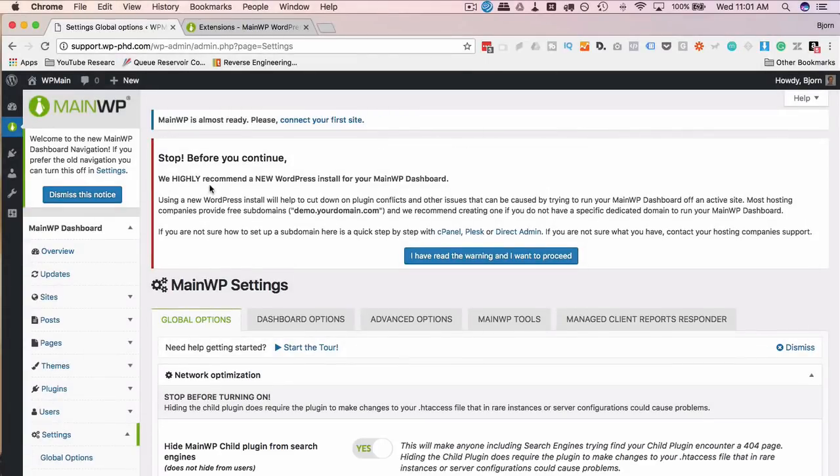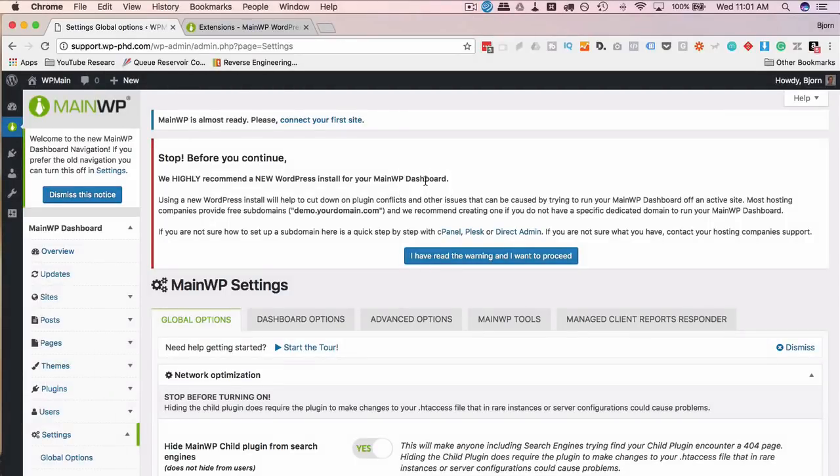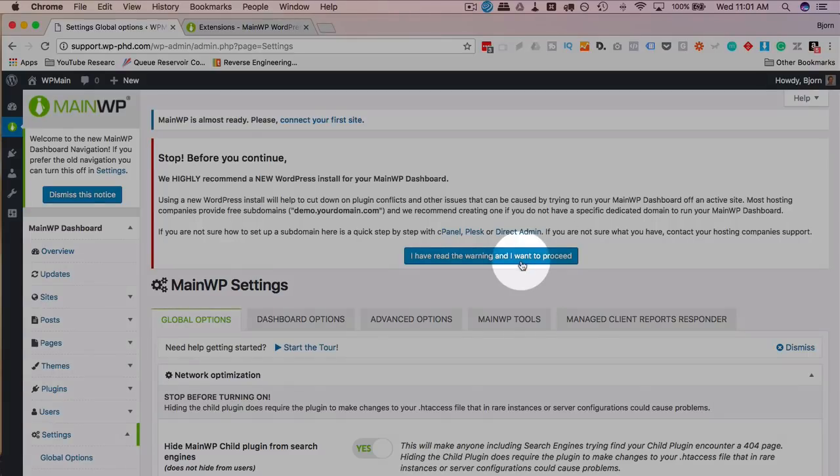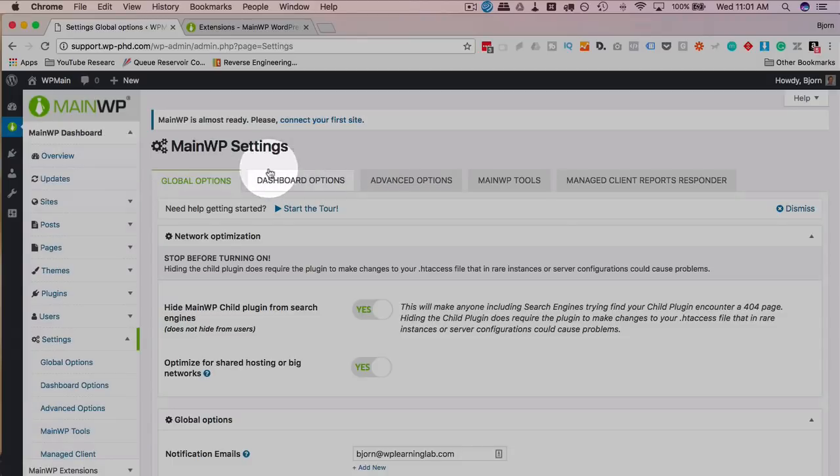Here it says we highly recommend a new WordPress install for your WP Main dashboard, which we've done in this case. It's an awkward warning. I guess this is the first time they could present this warning, but we just set up the whole thing, and if you put it on a different site, it's now saying put it on its own site. Would have been better to have that earlier in the process, but we didn't. We are going to dismiss all these notices, and now we're going to connect our first site by clicking on